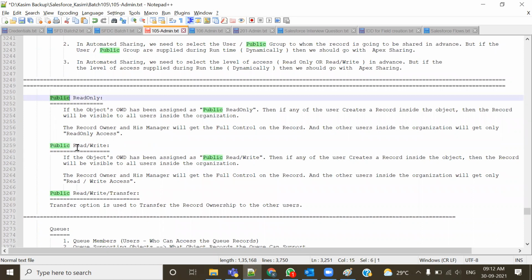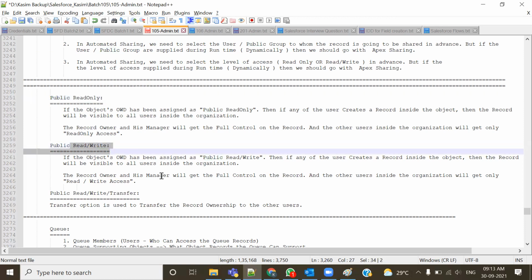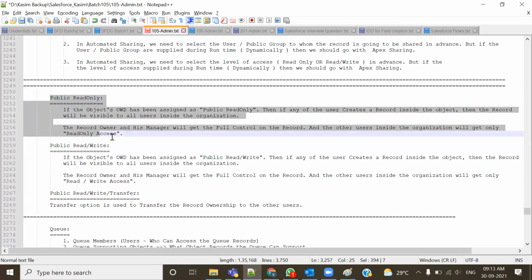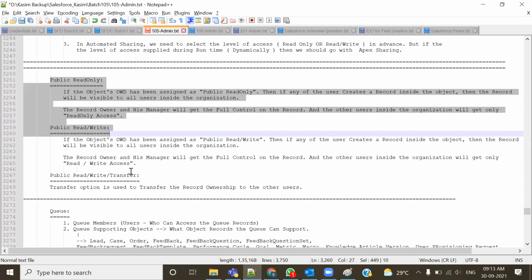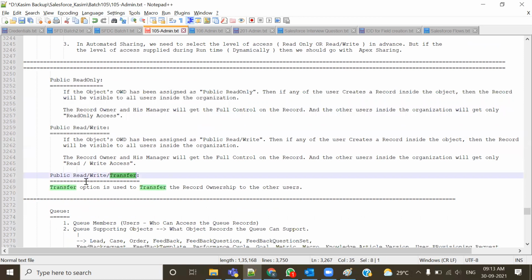पब्लिक एक्सेस देने का मतलब ही होता है कि बाय डिफॉल्ट रिकॉर्ड इज विजिबल टू एवरीबॉडी। अब उसमें क्या देना है, रीड ओनली देना है या रीड राइट देना है। रीड ओनली एक्सेस दोगे तो सामने वाला सिर्फ यूज करेगा, रीड करेगा, एडिट नहीं कर सकता, डिलीट भी नहीं कर सकता। रीड राइट दोगे तो वो रीडिंग भी करेगा, राइटिंग भी कर सकता है, लेकिन डिलीट दोनों सूरतों में नहीं कर सकता। यहाँ पे शेयरिंग का कोई कंसेप्ट नहीं है। और रीड राइट ट्रांसफर दोगे तो वो रीडिंग भी करेगा, राइटिंग भी करेगा और ट्रांसफर भी कर सकता है।